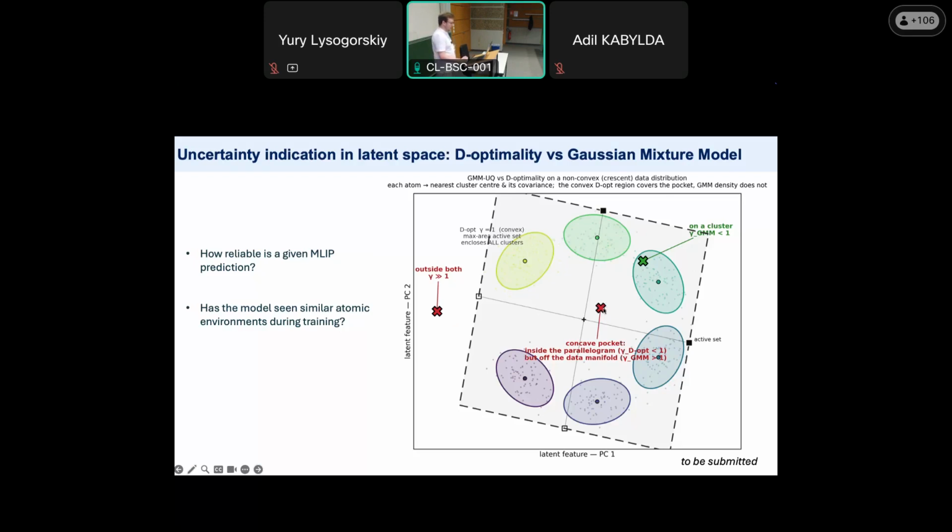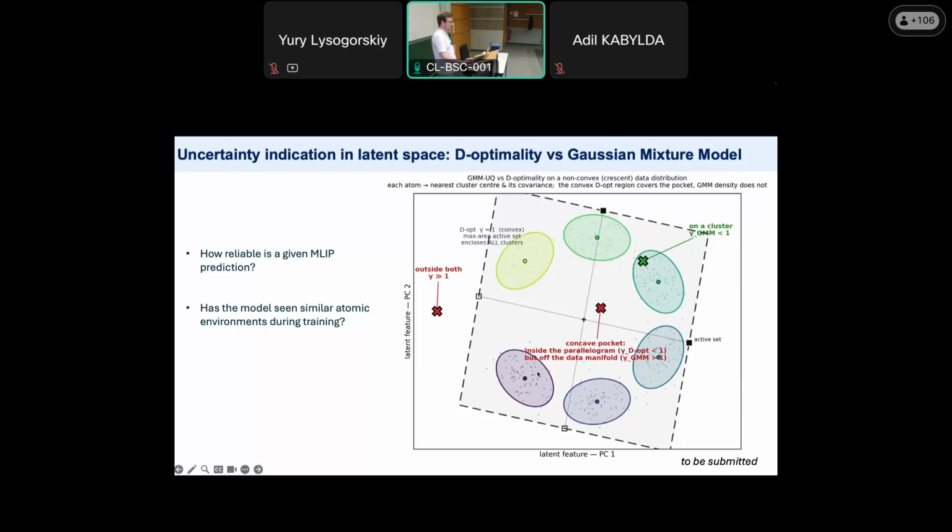So to get rid of this deficiency, we use so-called Gaussian mixture models in this latent feature space. This is achieved by a single post-processing step once the model is fitted. Once the model is fitted, we know these local representations, and we can build the Gaussian distribution on top of these, through K-means clustering aggregation and so on.